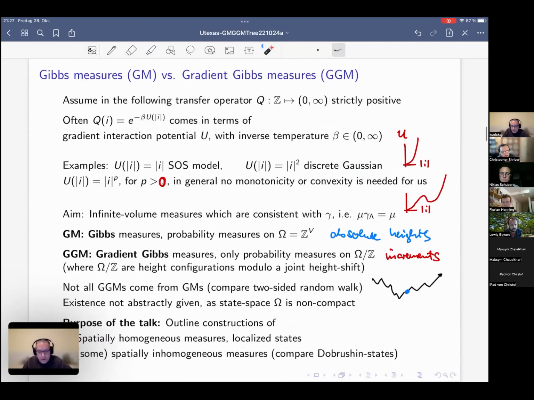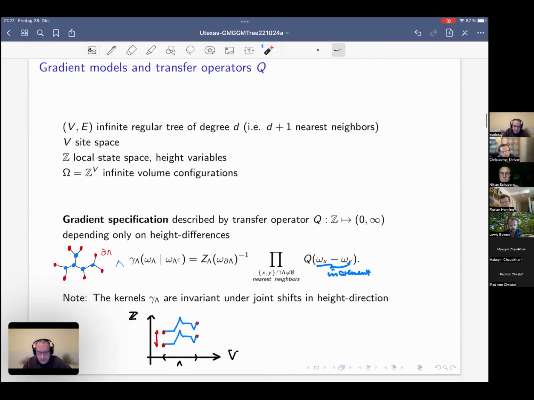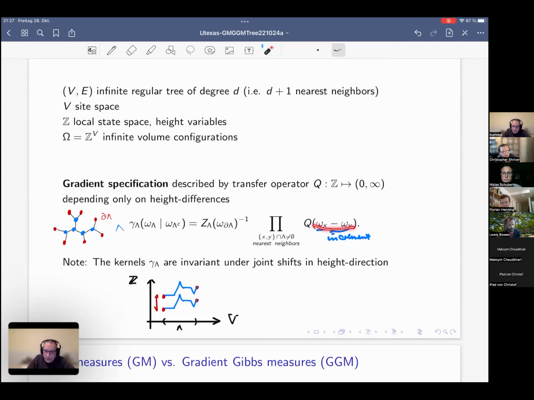Okay, so my model was defined like this. So we have Q, we have to take a lot of Qs, and these things are in principle unbounded, yes? And the Z is the normalization factor, which turns this into a probability measure. So it depends on these red points of boundary condition. And of course, the Q cannot be just anything to get a finite thing. This has to be summable over all the things inside, yes? Otherwise, this is not summable.